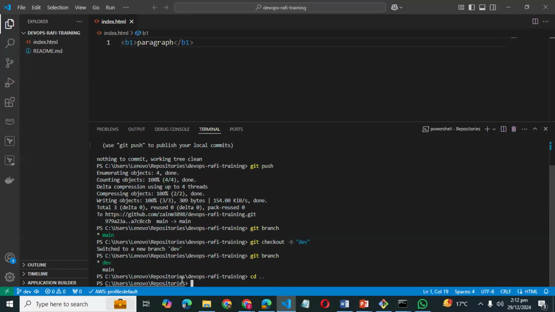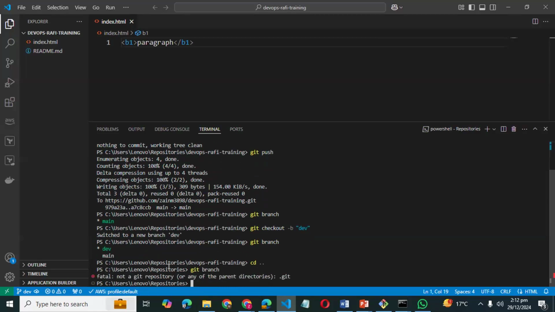Now I am in a folder that is not my GitHub repository, and if I write a git command here, it doesn't work. Git branch. Now you can see it says fatal: not a git repository.